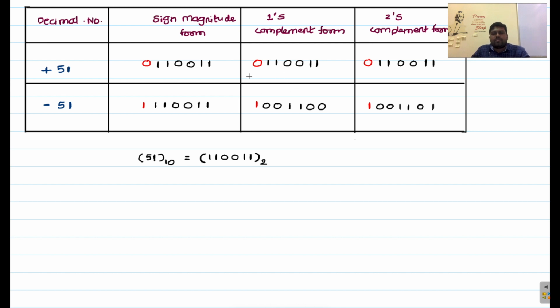Okay, so first of all, for positive numbers you don't go for the ones complement form and twos complement form, those are not required at all. Why we go for complement forms is in order to represent negative numbers only. In that situation only can we use these complement form methods. For positive numbers especially, we don't go for these complement form methods. Why? Because sign magnitude form is the same, ones complement form is also the same, and twos complement form is also the same, right? So this is about ones and twos complement representations to represent negative numbers.